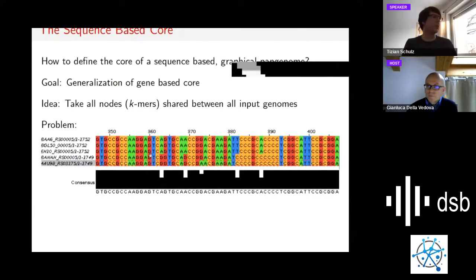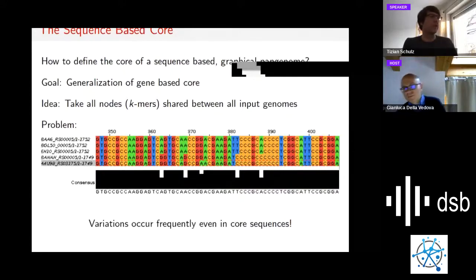But if we look at the sequences, then we see that the sequences of these genes actually vary quite a lot. And this is the problem: variation also frequently occurs in core sequences. If we only consider k-mers that are shared between all input genomes, we will not be able to find these genes as complete